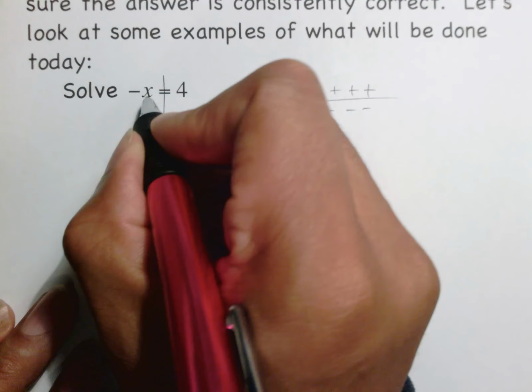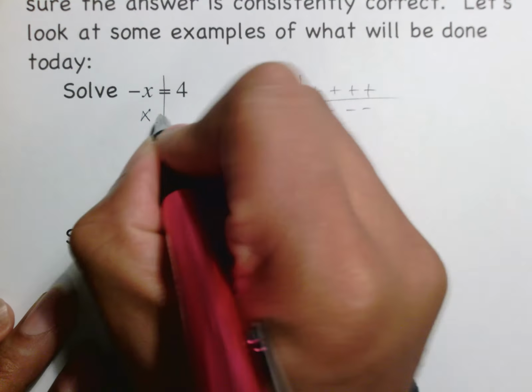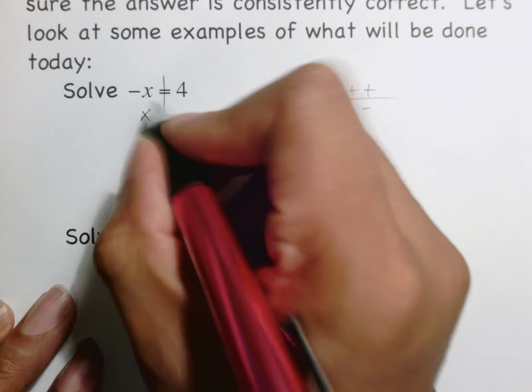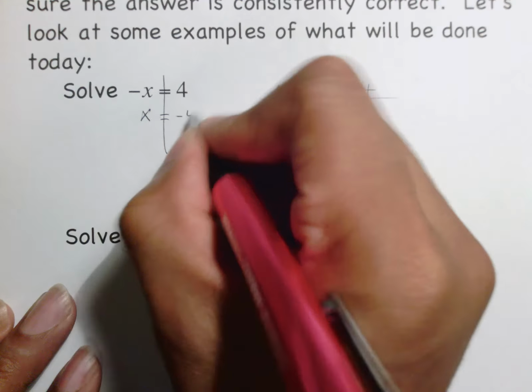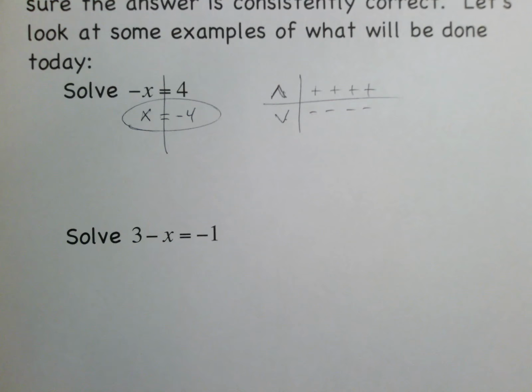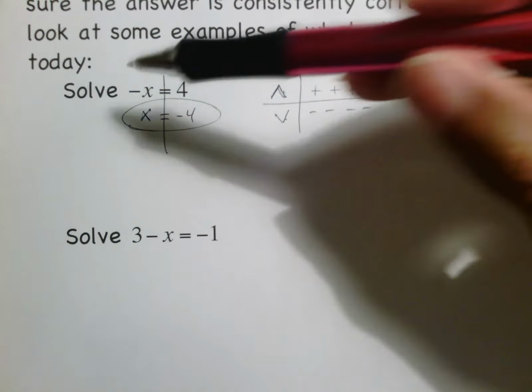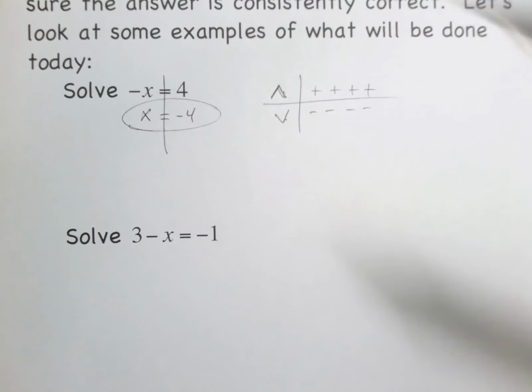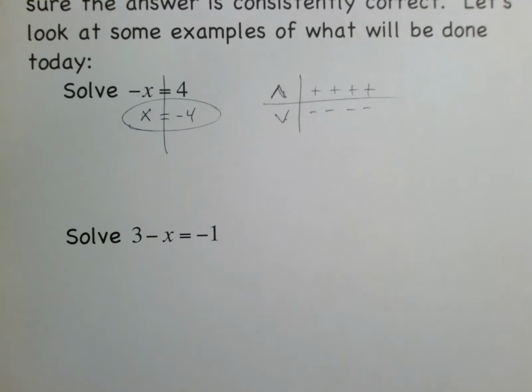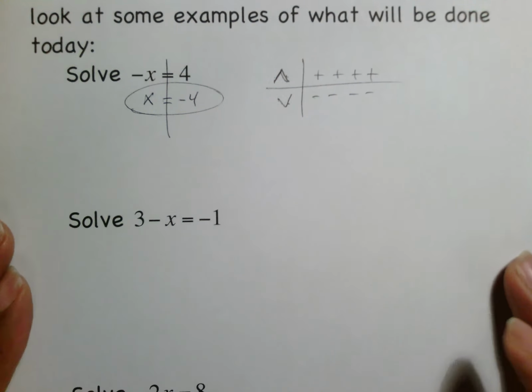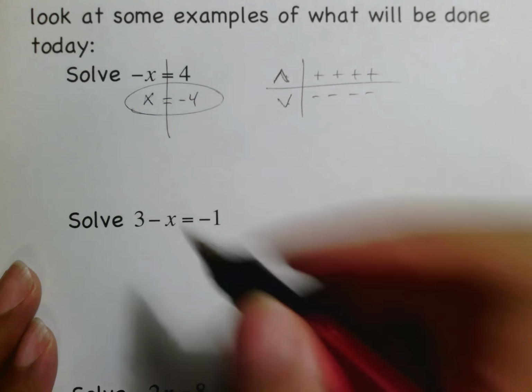You're going to say, I cannot deal with a negative x, so I'll make it positive. And because I flipped this x, I also have to flip the 4. That's all that it comes down to. So if you see a negative attached to x, before you do anything else, turn it right side up and then move from there. So looking at another question that you're going to see here, again, you can draw your